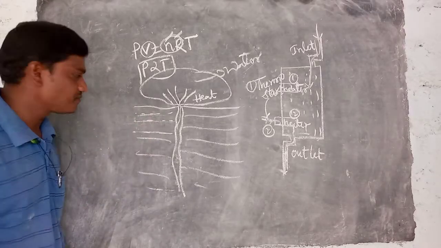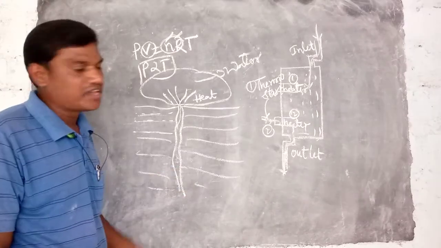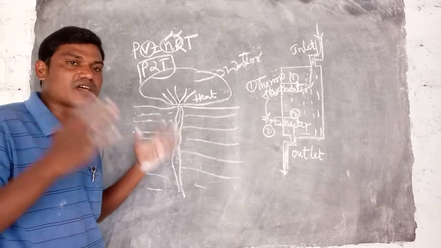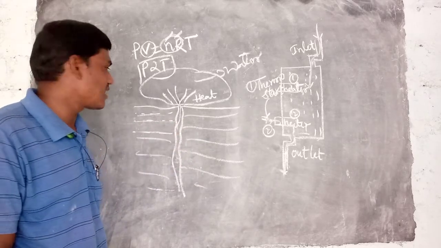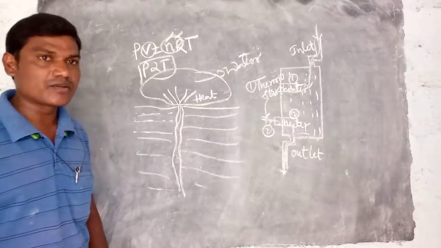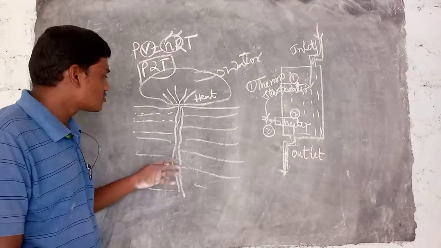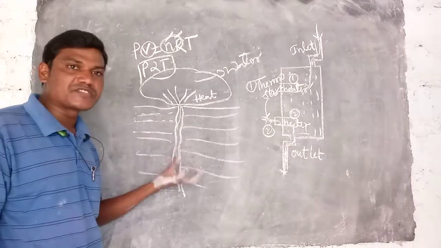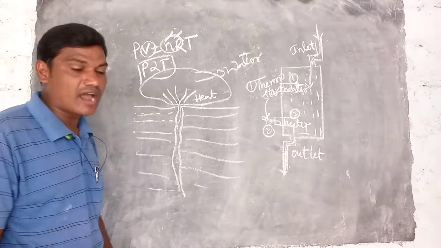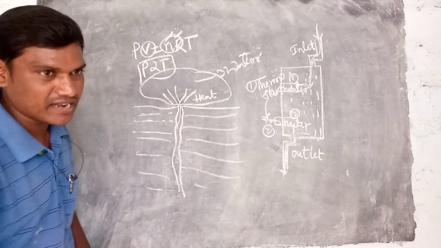In the natural geyser, we know that mostly in rock portions there are some tiny pores. In the tiny pores there is a huge amount of high pressure and high temperature mixture of gases, hot gases. These hot gases sometimes come outside onto the surface of the earth. We observe this situation in certain areas in foreign countries, where the water in lakes or ponds is continuously heated, and we also observe some bubbles coming out in that lake.